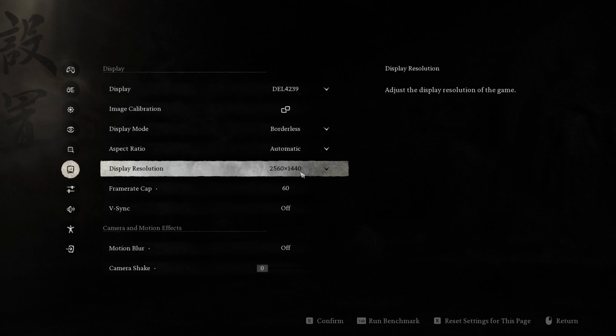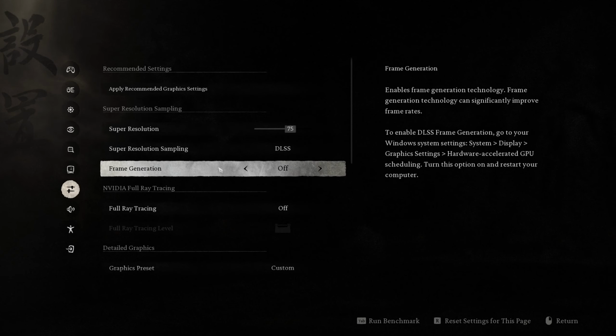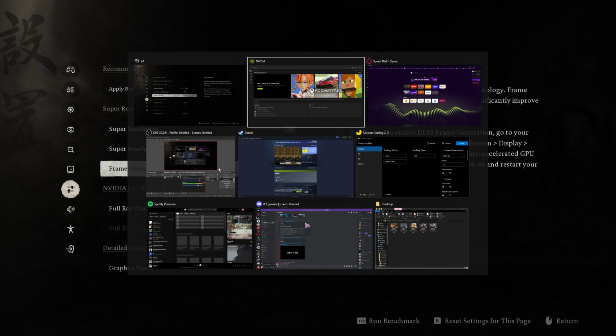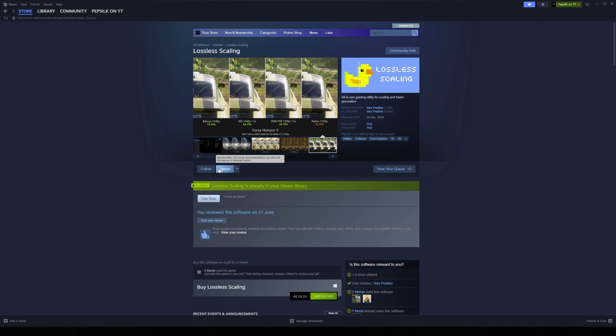And lastly, I've got one more solution as more of an alternative solution. You don't have to do it. But this is in regards to the frame generation I talked about before. So if you don't have a 40 series but want some form of frame generation, the best solution is Lossless Scaling. Now, Lossless Scaling is an all-in-one gaming utility for scaling and frame generation, and it has been a lifesaver